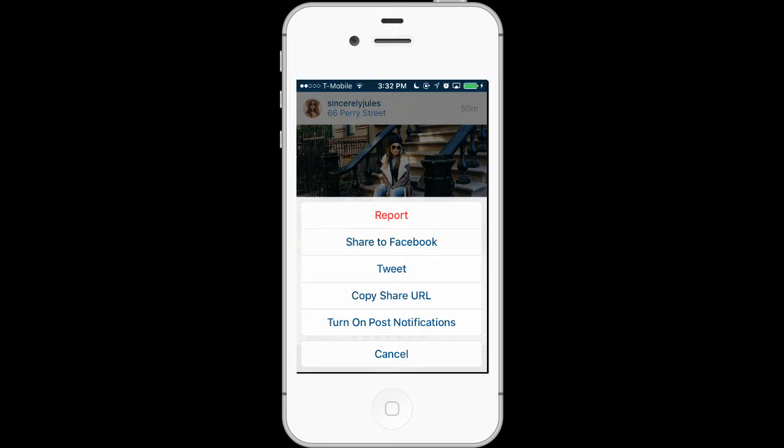You could have someone click on it and they would see it in a web browser outside of the app. And also, if there's someone that you just love every single thing that they put out, you can click on turn on post notifications. And what that means is your phone will give you a notification every time that person